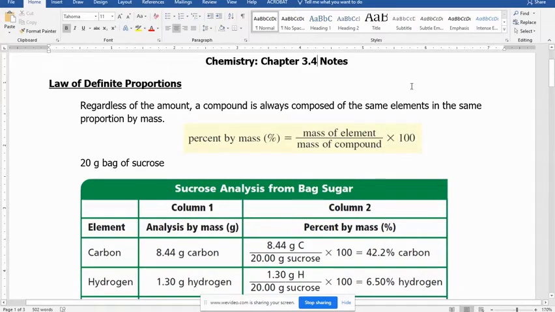Today we're going to be talking about percent mass. This is a very common thing that we use in chemistry to determine what particular compound we're dealing with. You end up getting data from various sources experimentally, and then from that you're able to backtrack and get the formula for it, and we'll be learning how to do that coming up in another few months, but right now we're just going to talk about how we determine percent mass and how we get that from using the periodic table and data